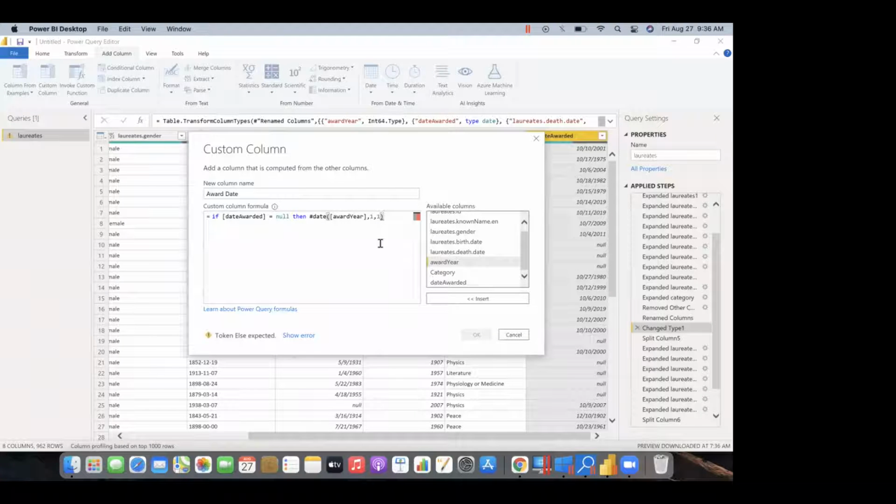Else, if the date awarded is not null, then we'll give the date awarded.